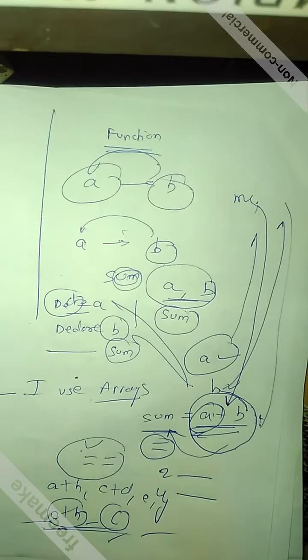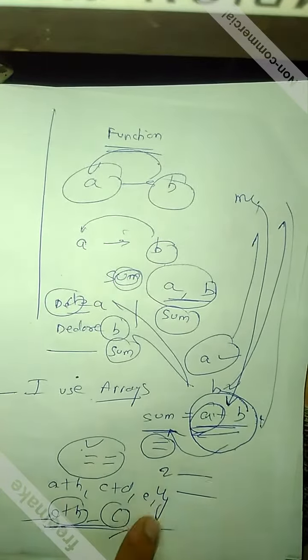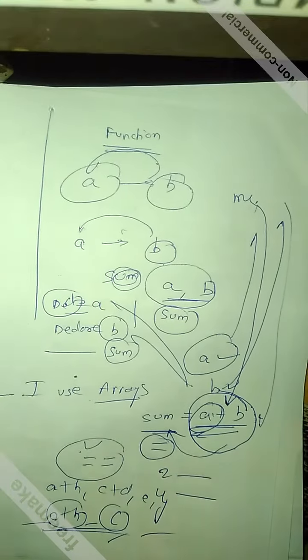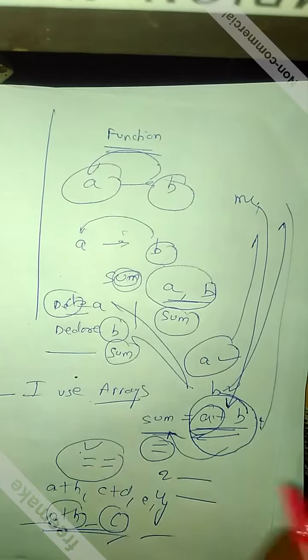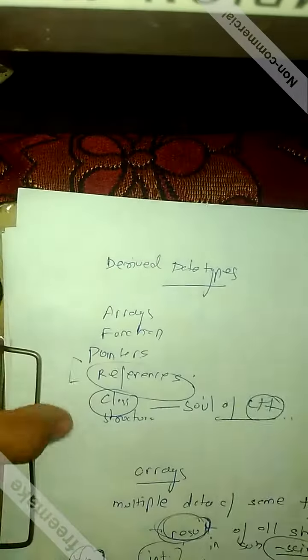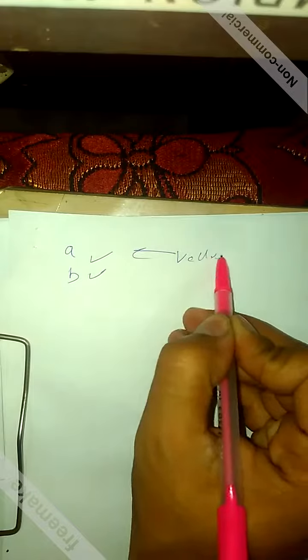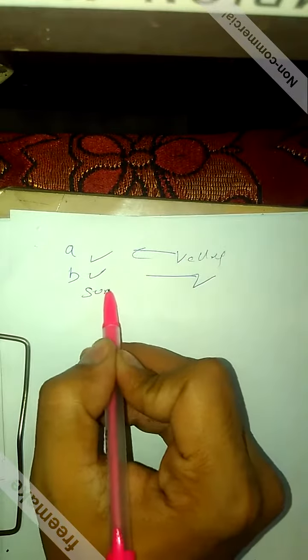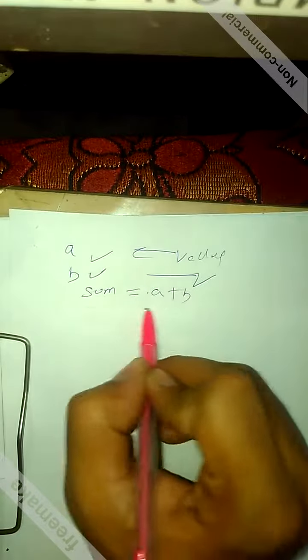Okay, you didn't hear what I said. So if I want to add a plus b, c plus d, and e plus f like that, then okay, it's simple. I will create the program just like I created here, and I will go like that. Similarly, I will declare a, I will declare b, assign values to a and b, and I will declare sum, and I will assign the value of a plus b to sum.